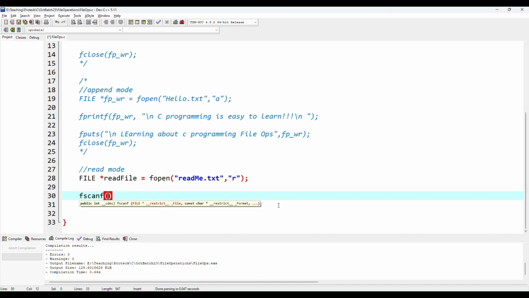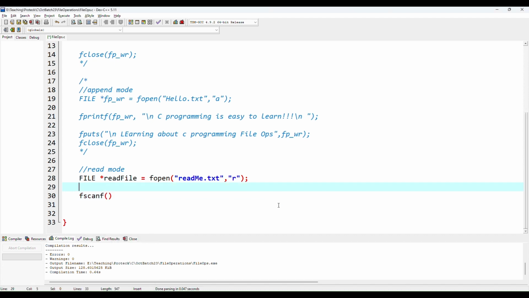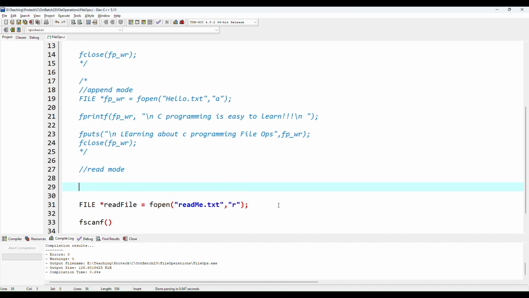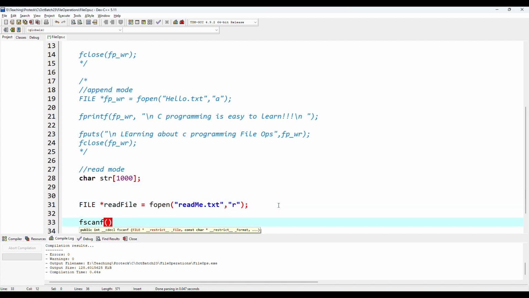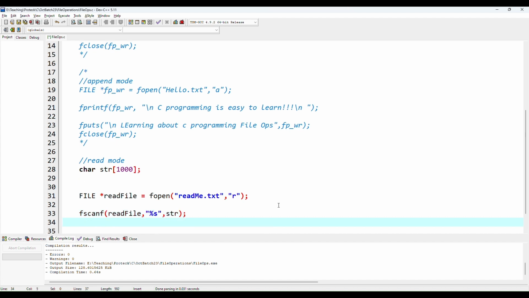Okay, say fscanf. Then again for that I have to create a buffer, maybe a character array. So I'll say char str of, suppose, size 1000. Okay fine, I'll do something like this. And I'll say read file, and scan it into the string variable which is there, and I'll simply print whatever you have scanned on the screen, percentage s comma